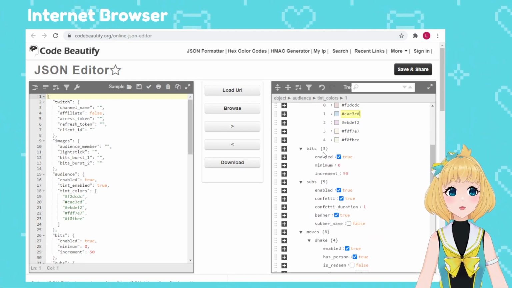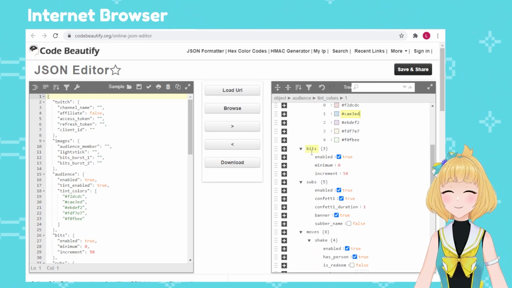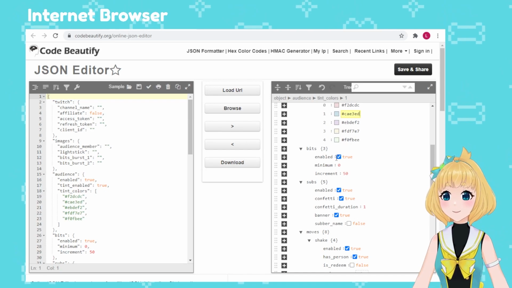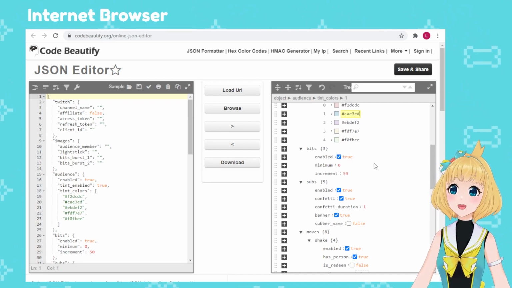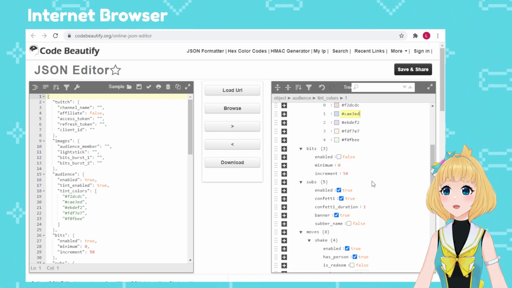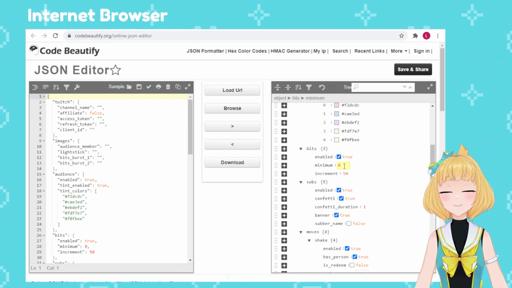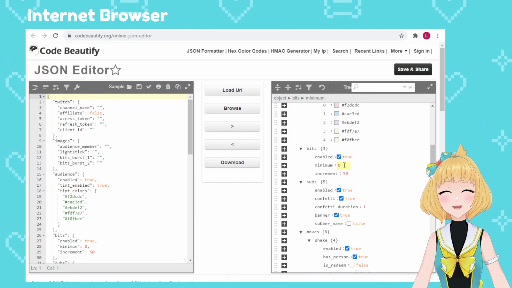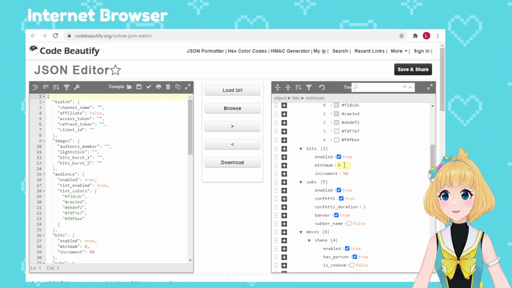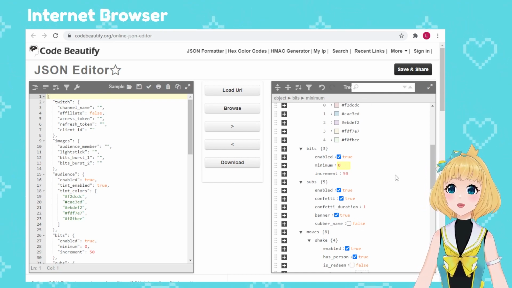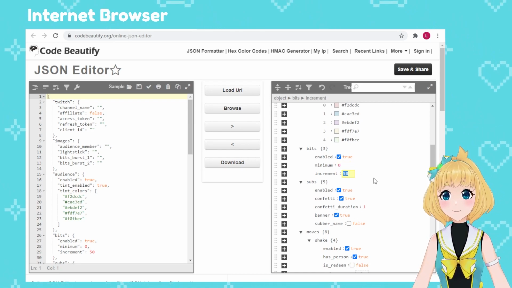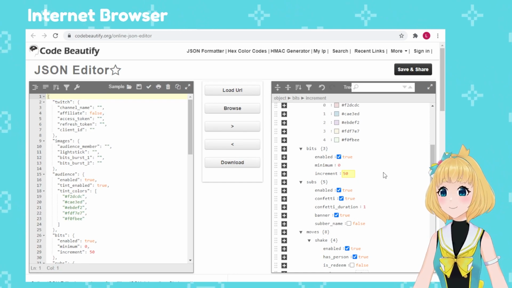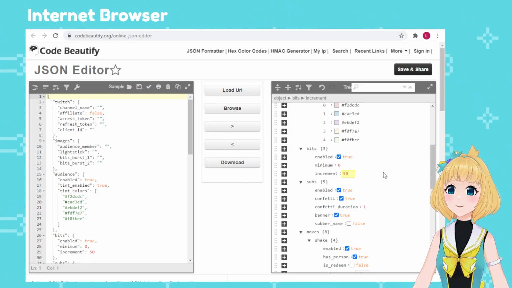So for bits, this part's a little bit complicated. The bits section allows you to change the settings for when someone donates bits. If you don't want anything to happen when someone donates bits, you can just uncheck enabled. You can set the minimum number of bits that someone has to donate in order for anything to happen. In this case, I have it set to 0. If someone gives any bits, there will be a little bits explosion on the screen. It'll be great. Increment is the number of bits someone has to give you more for the little bits burst